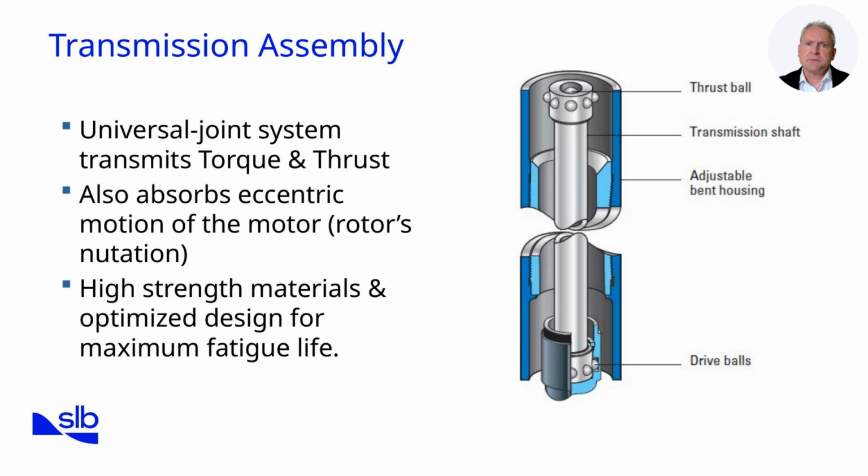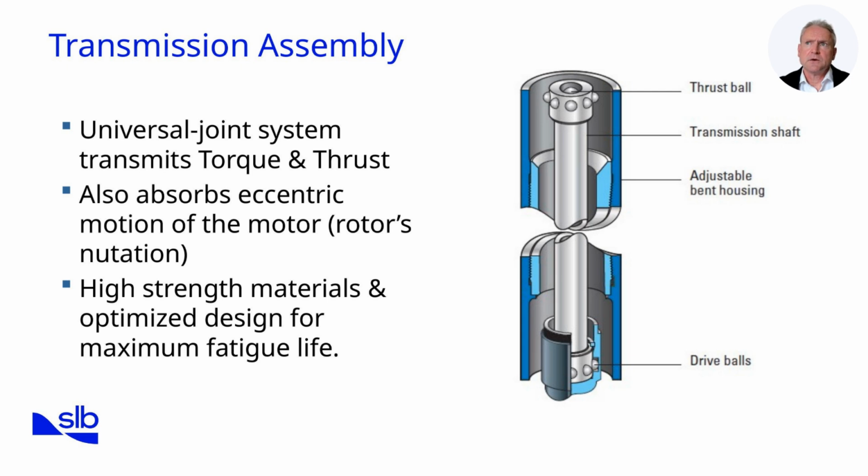The transmission assembly of a PDM serves as the mechanical link between the motor's power section and the bit. Its primary function is to transfer torque and thrust generated by the rotor and stator into the drill bit while absorbing the eccentric movement caused by rotor nutation. This is achieved through universal joints, often called U-joints, which allow the angular misalignment to be smoothed out. By converting eccentric motion into consistent rotary motion, the transmission ensures efficient energy transfer and protects the lower assembly components